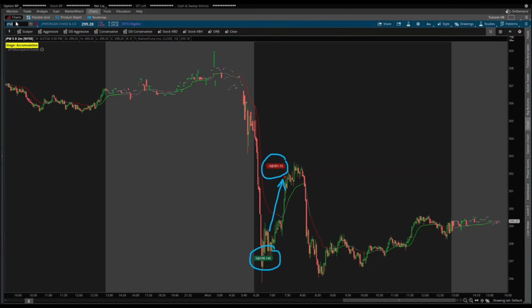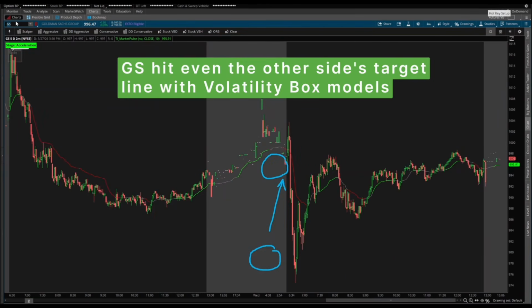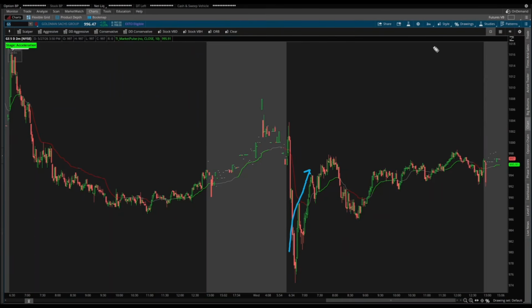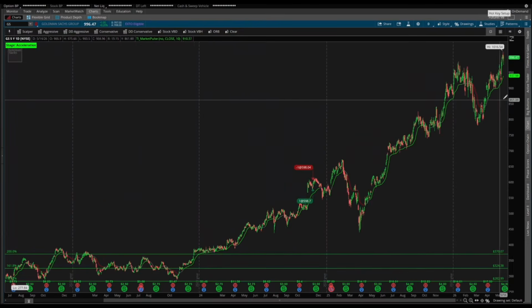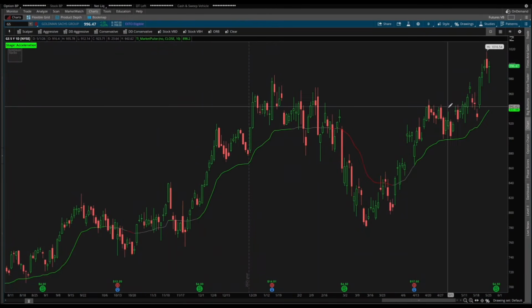But what I found more interesting is the better pick between these two instead of JP Morgan was actually Goldman Sachs, the one in which we had a much clearer market stage, a much clearer trend, a trend that was in the same direction of this trade we were looking at. Long side entry, very clear bullish trend, very clear bullish strength that is outperforming even XLF compared to where we had JP Morgan. So I thought that little post-mortem, even though we had both stocks and for all of our volatility box members,